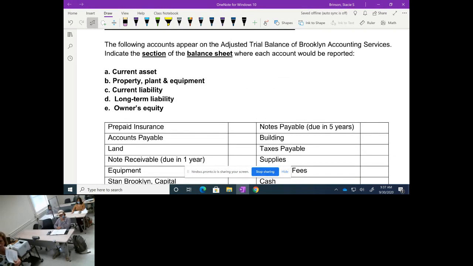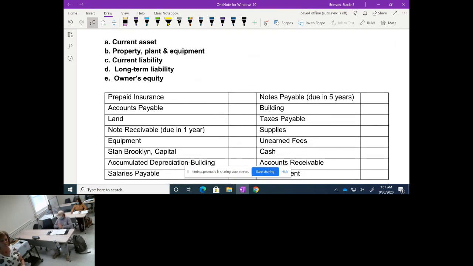All right, so the following accounts appear on the adjusted trial balance of Brooklyn Accounting Services. Indicate the section of the balance sheet where each account would be reported. Prepaid insurance, where would that be? And if you need to look back at your previous page, there's examples listed. Is that a current asset? It's a current asset. First of all, if you need to identify it as an asset, then it's a current asset because if you pay more than 1 year's worth of insurance ahead of time, you're probably not using your money very